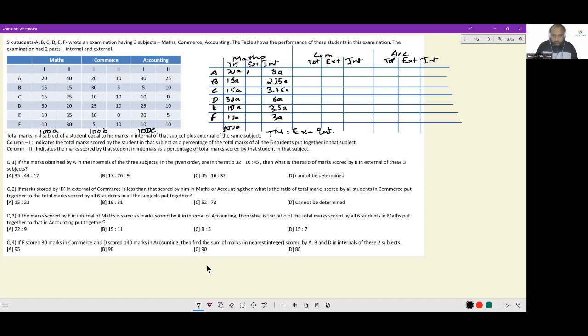External would be 12A, 12.75A, 11.25A, 24A, 6.5A, and 7. For maths, everything can be calculated this way. Let us do the same thing for